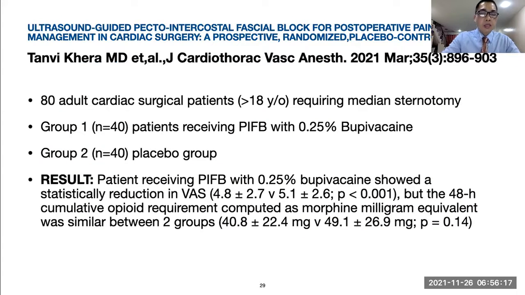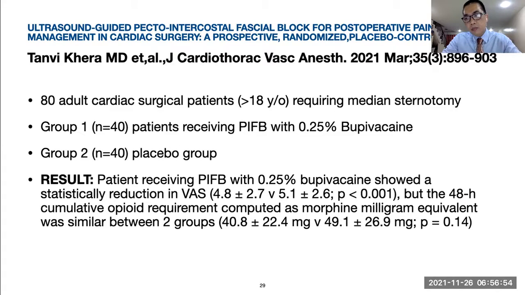Okay, in a study by Dr. Kera regarding ultrasound-guided pecto-intercostal fascial block for post-operative pain management in cardiac surgery, a prospective randomized placebo-controlled trial, 80 adult patients requiring median sternotomy were included in the study. They were divided into two groups: group 1 receiving the PIFB and group 2, the placebo group. The result: the group with the PIFB showed statistically significant lower VAS scores, but the 48-hour cumulative opioid requirement was